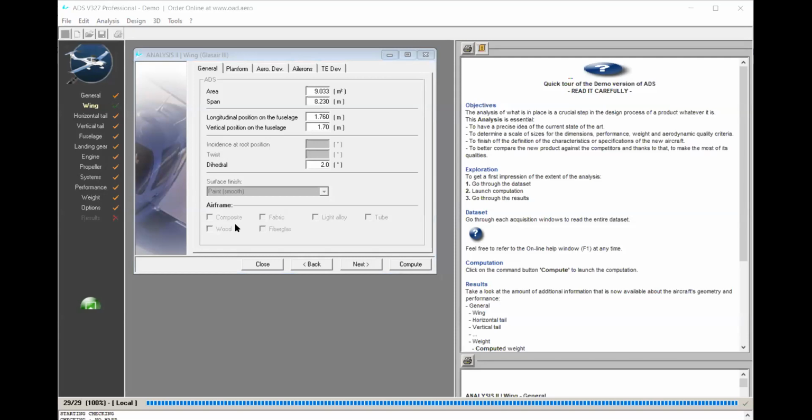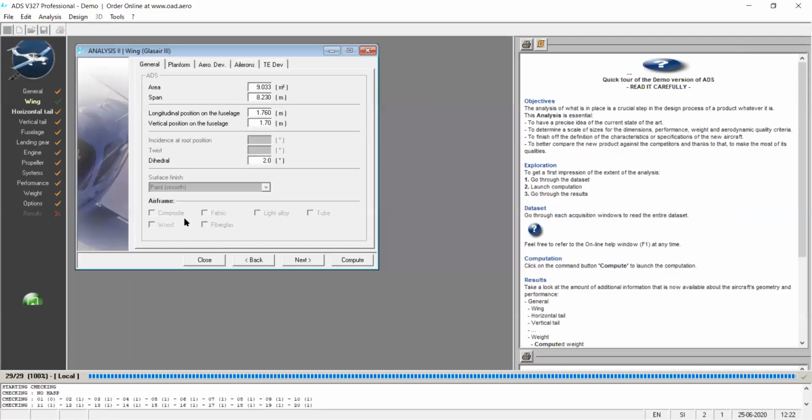Yes, ADS you can see, right? Okay. So in this, what happens? You look here. This is the area of the wing, span, longitudinal position, how they were calculated. This is dihedral angle. What happens here? So in this, we can see here, 2.0 is the dihedral angle. What is a dihedral angle? This is the angle between the horizon with respect to the wing.